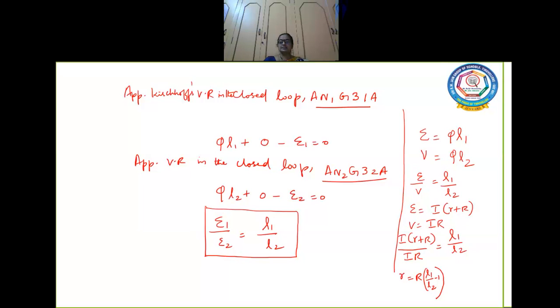Is it clear, children? Here I gets cancelled. Now when I rearrange these terms, I will have the formula for internal resistance to be determined by potentiometer. So potentiometer, there are two ways of using it. One is to compare the EMF of the cell, and the second one is to find out the internal resistance of a cell. Okay. Now there is a small problem that is there in your textbook, children, which is in page number 128,